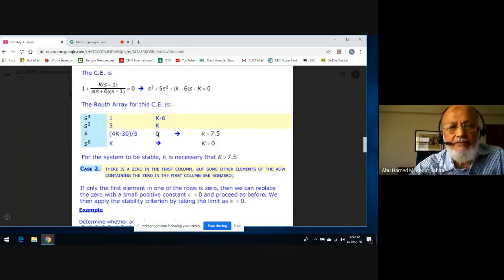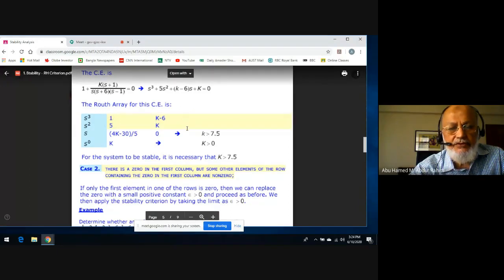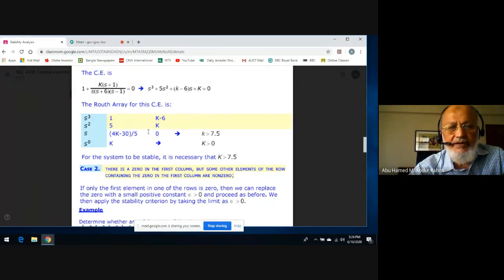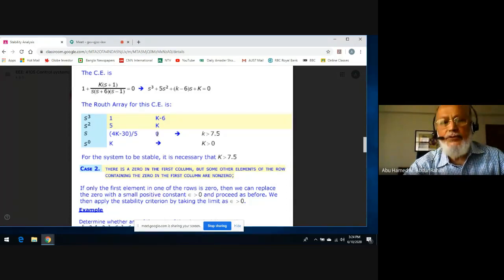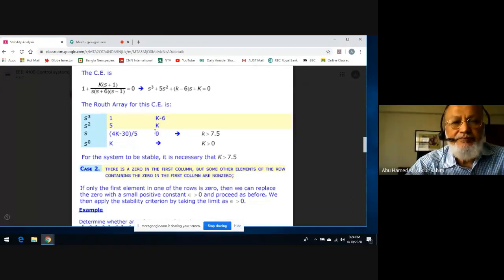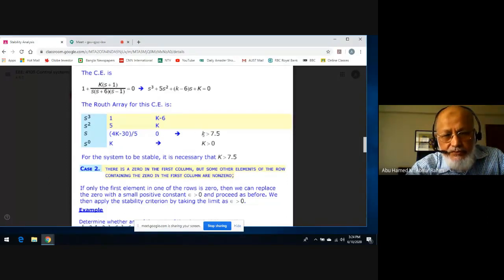The next one, how do you find it? 5 times 0, there is nothing here, means 0. 1 times 0, so it's 0 divided by 5, it's 0. If it is 0, you can write it or you may not write it, up to you. If you do not write anything, it automatically means it's a 0. Now we have created this row.